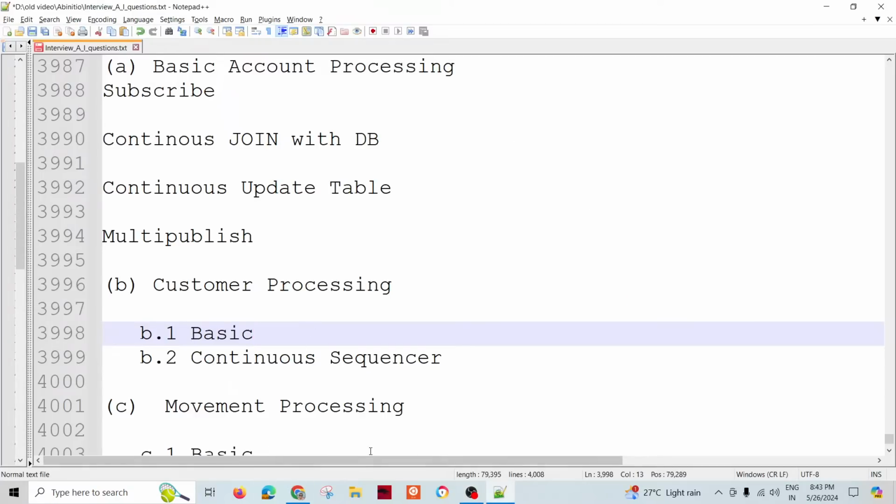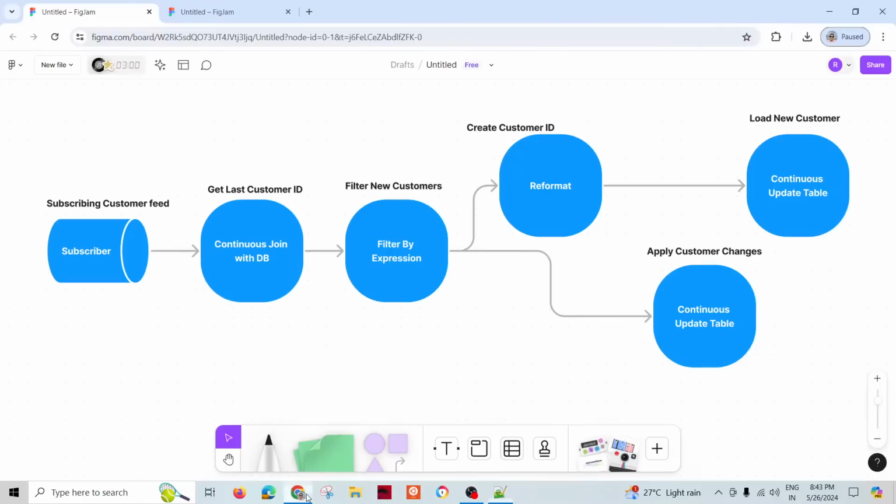the processing part. Okay, so this is the basic thing actually. So without continuous sequencer, I'm going to use the graph which is going to insert the new customer also. If any change happens in the address or the other attributes of the customer data set, it is going to be applied in the database. Okay, so